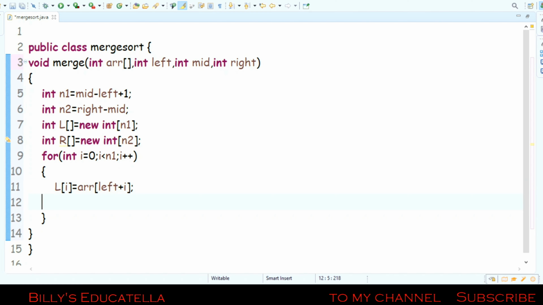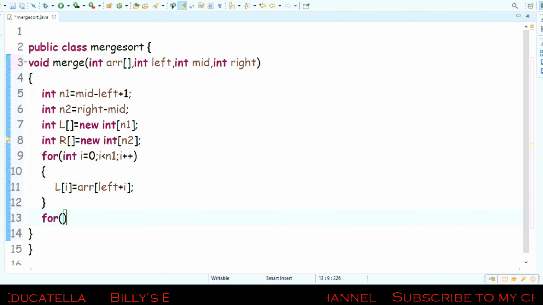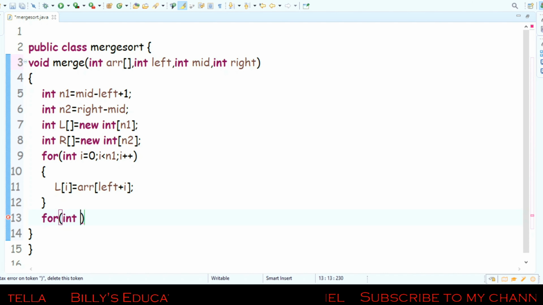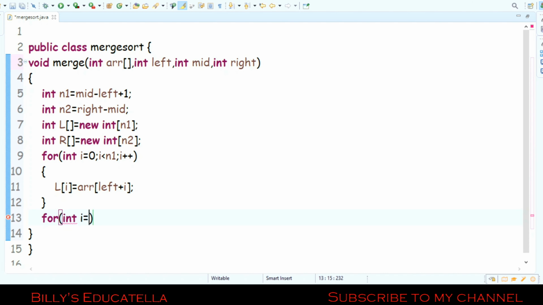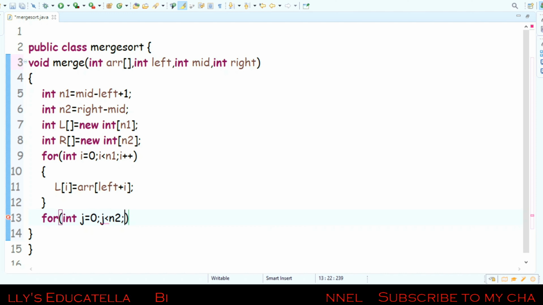And for the right subarray, for int j equals 0, j must be less than n2, j plus plus.